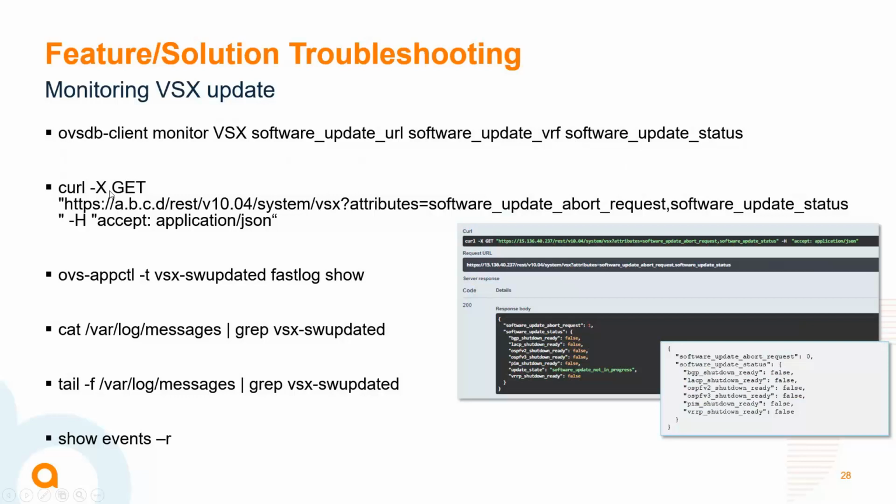You could also do a get for specific attributes, such as the update status, and you'll get the information whether there is no upgrade pending, or if an update has been aborted, and so on. And then you've got the ovs-appctl command as well. You've got the var log messages that you can inspect, and the show event.